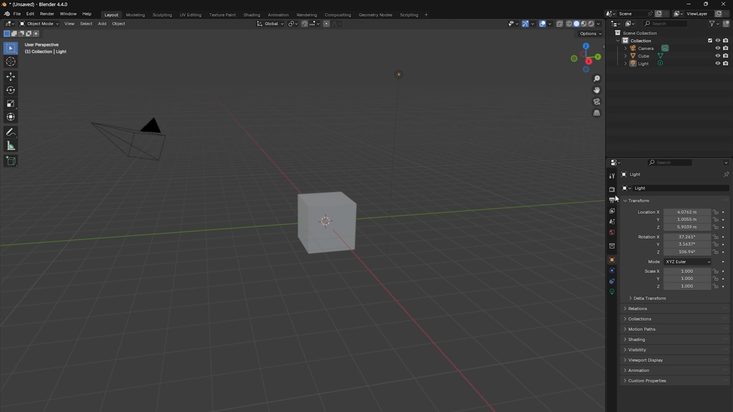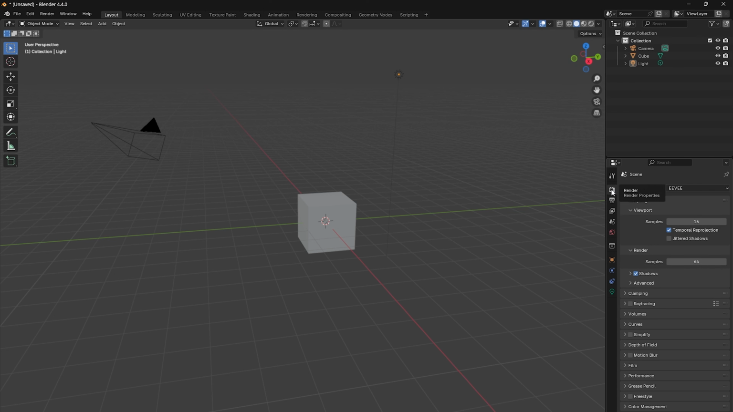Okay, let me start from the render properties. In the render properties we have the Eevee, workbench, and cycles, just as usual. So for the Eevee, Blender has introduced a new system, which is ray tracing. So I think it changes the way the Eevee renders. So let me switch to render view, and I think